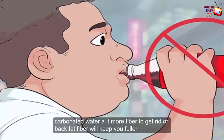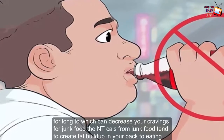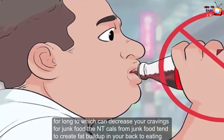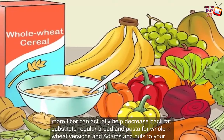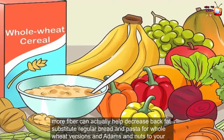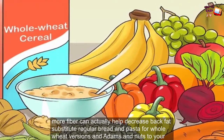Eat more fiber to get rid of back fat. Fiber will keep you fuller for longer, which can decrease your cravings for junk food. The empty calories from junk food tend to create fat buildup in your back, so eating more fiber can actually help decrease back fat. Substitute regular bread and pasta for whole wheat versions, and add beans and nuts to your